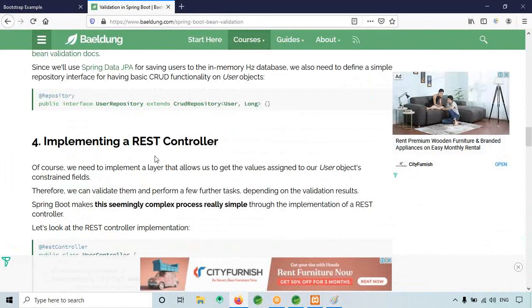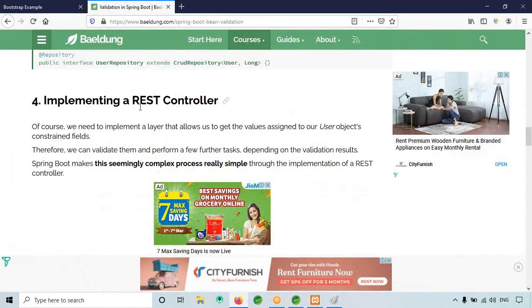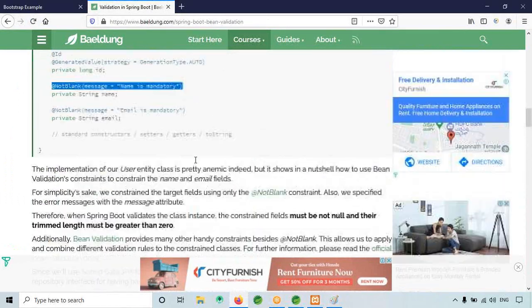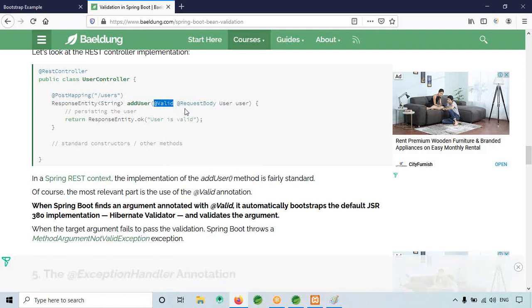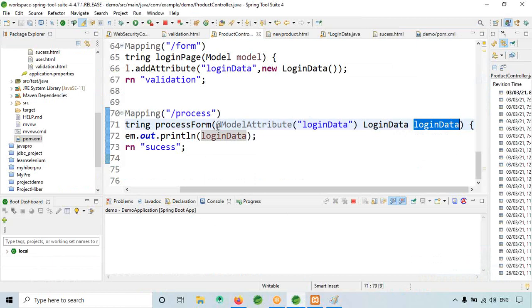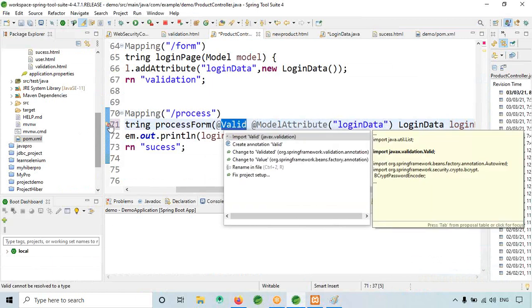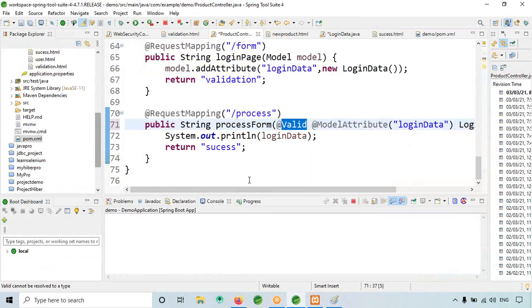Did he add it in this example? See here, he added something called valid. The same annotation we have to use here. So copy here, valid. Now I'm going to import this from Javax validation.